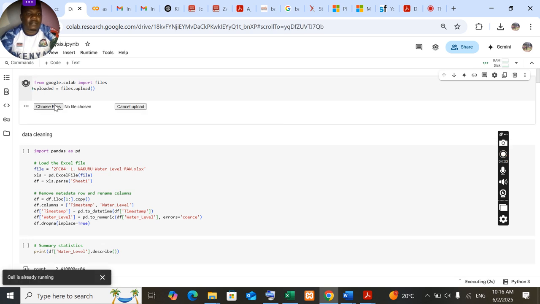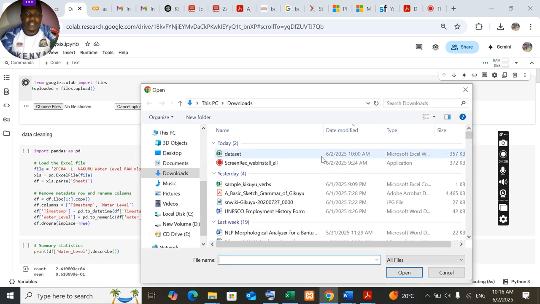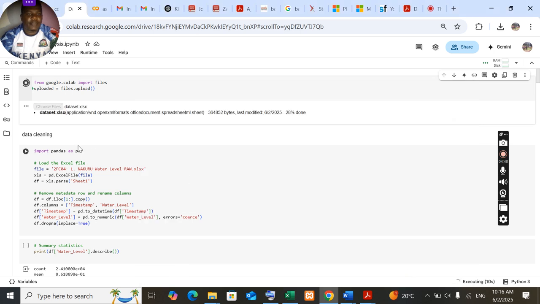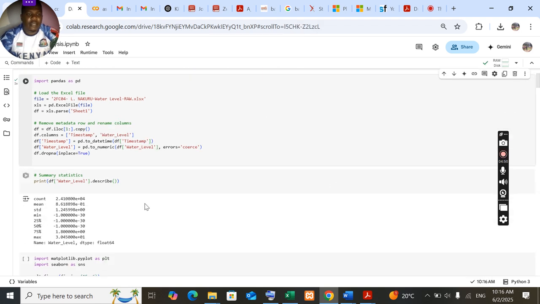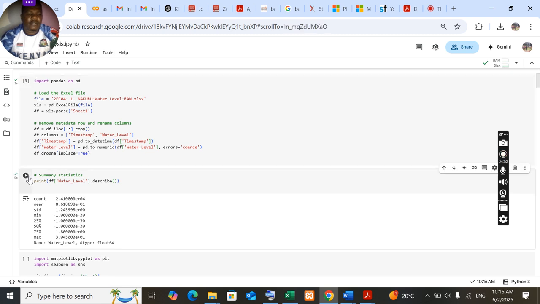Let me just load it. We go step by step. We have our data set there. Next we shall do our data cleaning. After we've done our data cleaning, we can do the descriptive analysis now. So we've said on the descriptive analysis, we can do the counts, the median, the standard deviation, the percentiles, 25